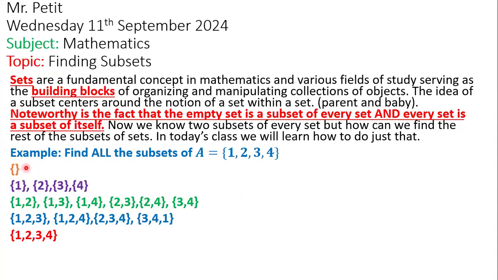So the first row, that's why the empty set is a subset of all sets, because the first row is 0. That's the empty set. The second row is the singletons, the ones with just the one. The third row is the ones with just the twos. The fourth row is the one with just the threes, and the final row is the set itself. All right, the one with 4.